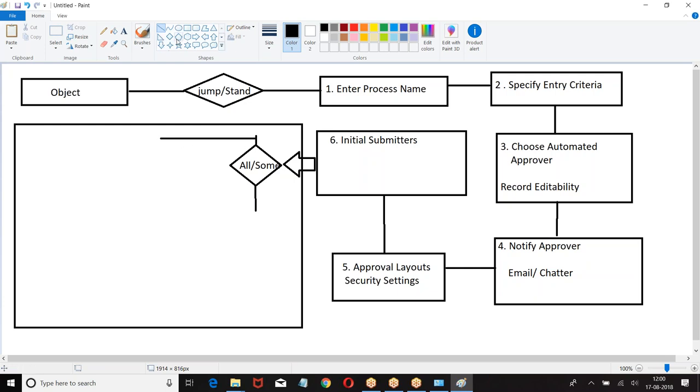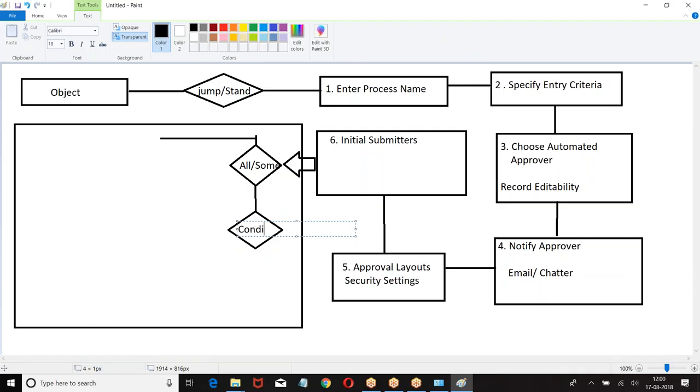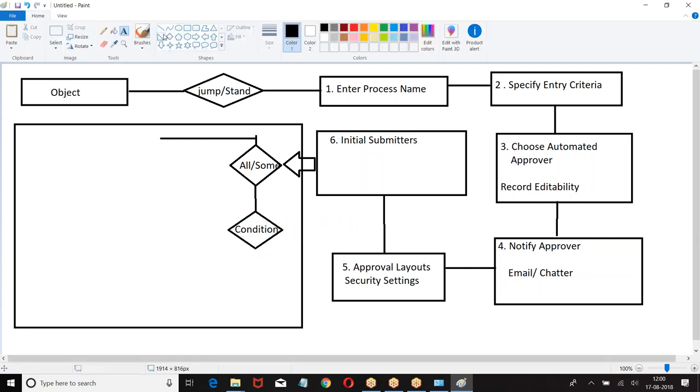Now when you say some of the records, then we have a condition. When the condition is true, then these records will enter the step.